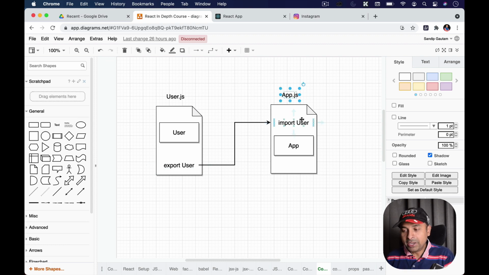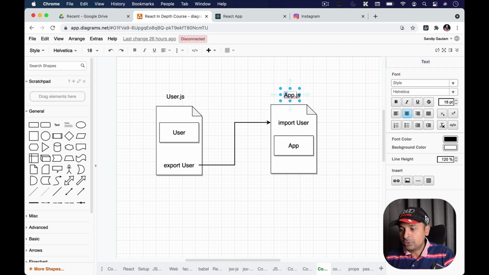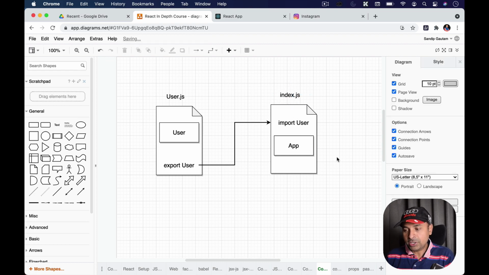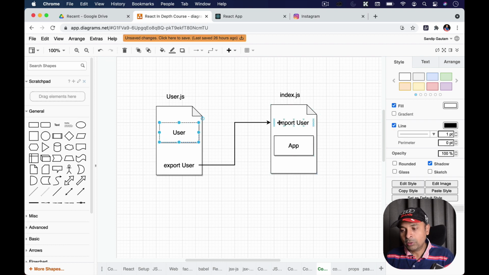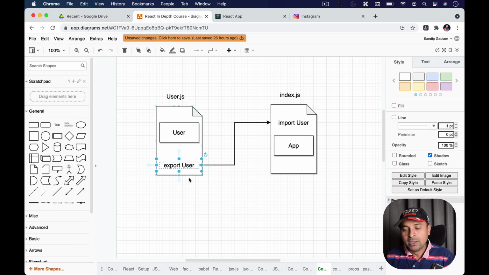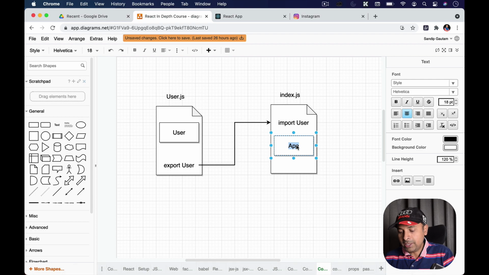And later on my app or my index.js, whatever it is, app or index. So right now I'm using index actually. So maybe I can rename it to index.js, okay, index.js. So I can import this user using something called import. There is an export keyword I'm going to use to export the user function. And there is another keyword in JavaScript we call import, and we have already used it. Okay, import user, I'm going to import it inside my index.